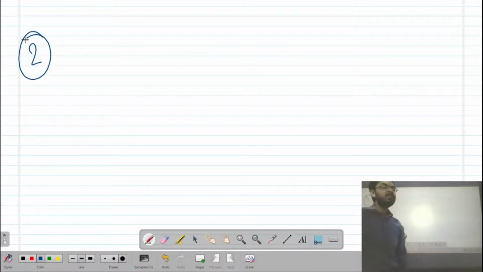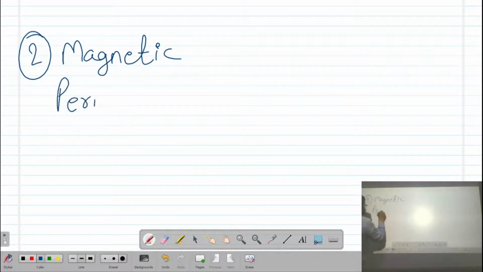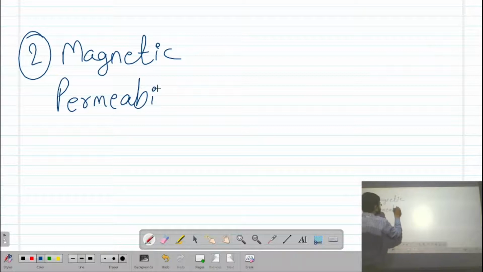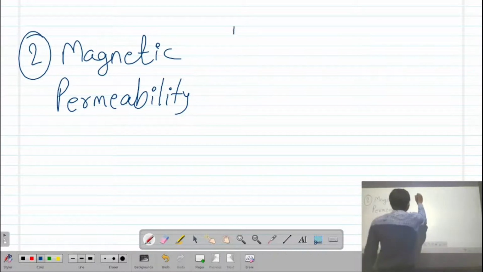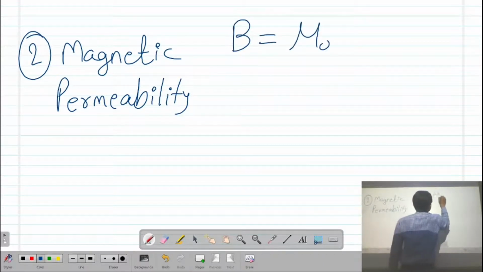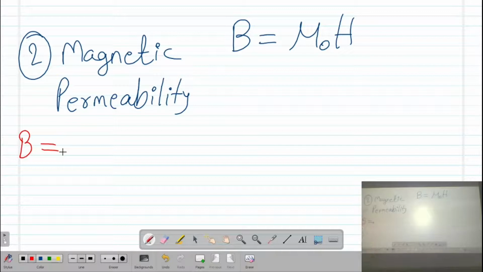The second definition is magnetic permeability. Right? Magnetic permeability. Now magnetic permeability will give us the relation between B and H, B is equals to mu 0 H. Now B is nothing but magnetic flux density.